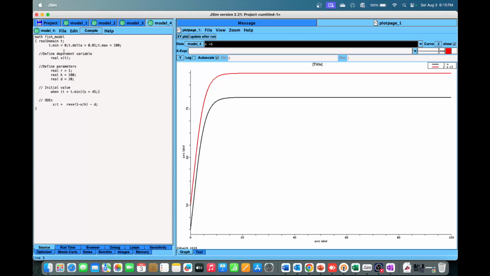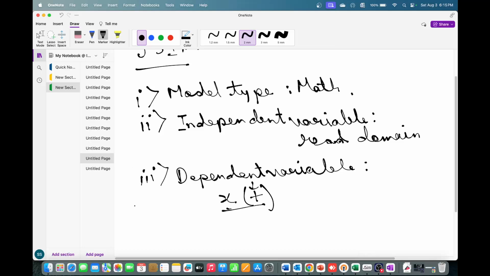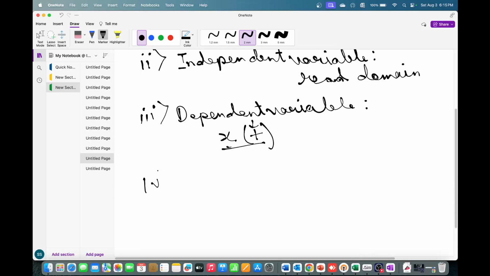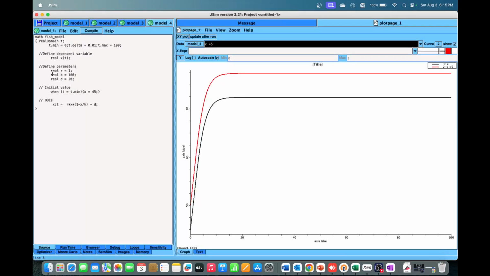So you define your model, then your independent variable, then your dependent variable, then you define your parameters, R, A, K, whatever your parameters are, you define them as real values. Check the syntax here as well. It is given like this: real R equal to 1, real K equal to something, real D equal to something. And after defining the parameters,